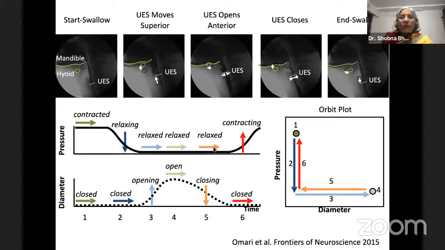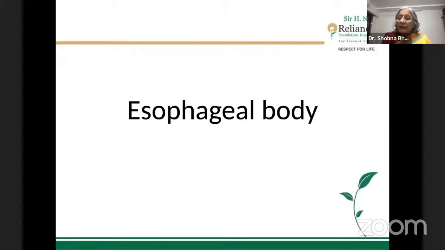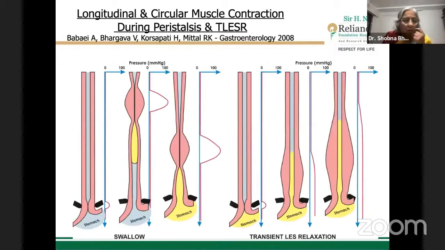I won't get into the more complicated aspects of the upper esophageal sphincter and will move directly into the esophageal body. Now, the esophageal body is again composed of two types of muscles. There is the longitudinal muscle and the circular muscle. I will not be discussing the skeletal muscle, which is right at the beginning, about 5 centimeters, but come directly to the smooth muscle. Now, this is a study done way back in 2008,